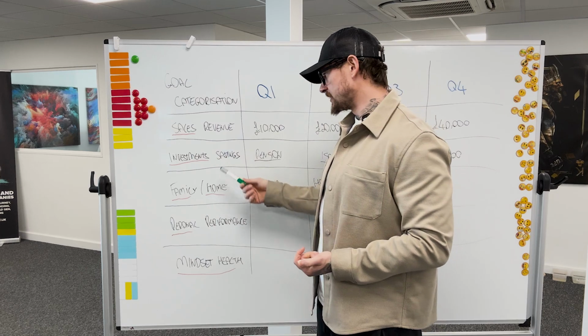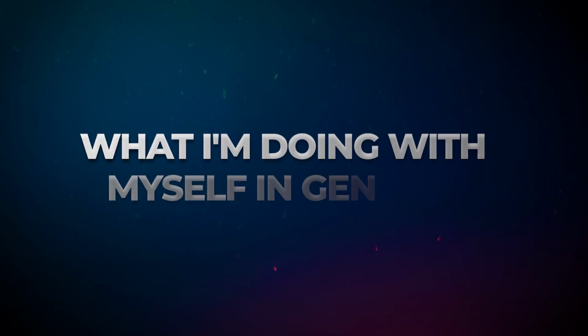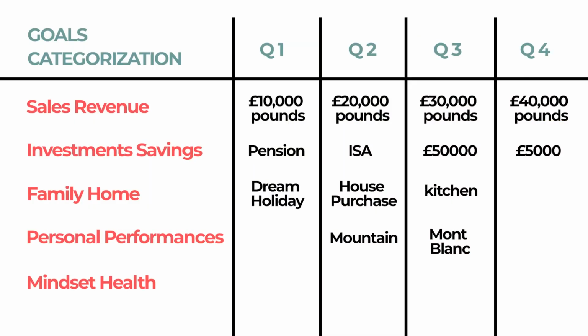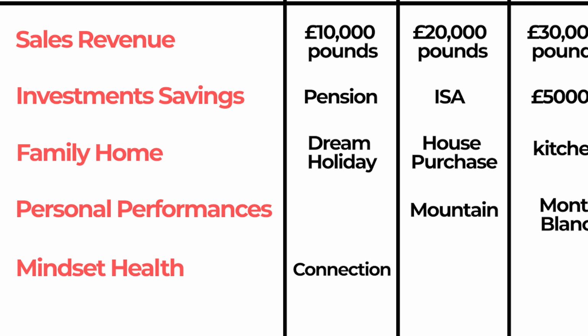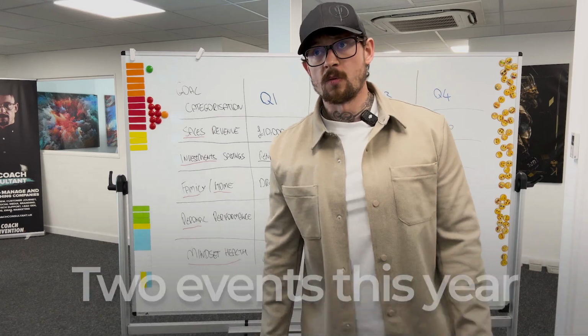And then grounding, obviously, in terms of actually being smart and really thinking about what I'm doing with my money and what I'm doing with myself in general. So I'll be coming in, I'll be going, right, connection. So as part of connection, I might be saying, right, I'm going to be talking at 2 events this year, or I want to be doing 2 guest appearances on podcasts on a month-to-month basis. So that'll be coming under connection.